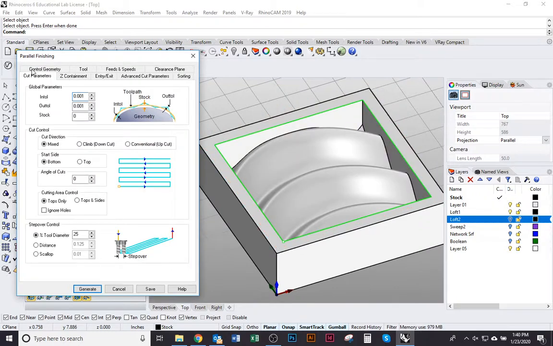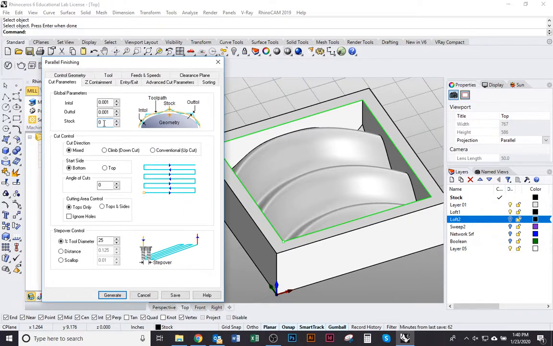First one is cut parameters. So under global parameters, pretty much leave all this stuff alone. Now the stock number here refers to how close it's cutting to the finished surface. See that in that little diagram, stock is telling it, here we're going to cut 1/8 of an inch away from the finished surface, which is what you would do if you were roughing, right? So you wouldn't want to cut all the way to the finished surface. And then with the finishing pass, we would come in and set that to 0, so that the finished pass is cutting the actual finished